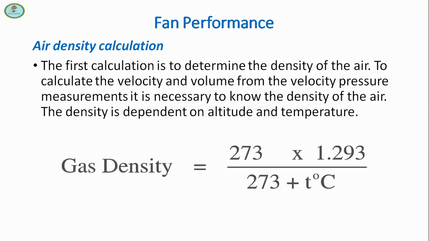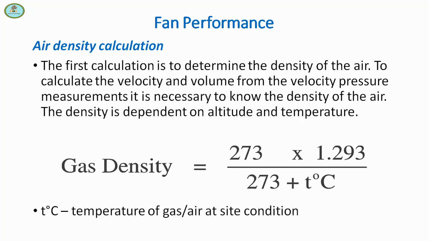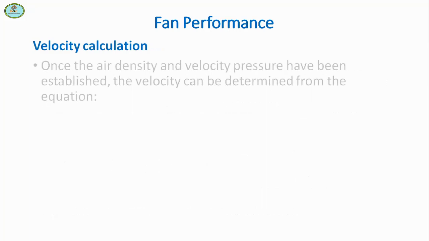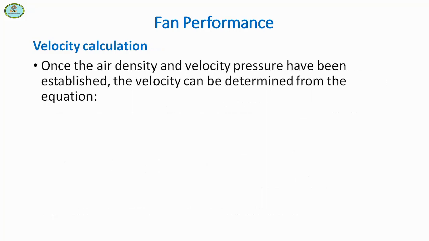Gas density can be calculated by 273 × 1.293 divided by (273 + T), where T is the temperature of the gas, in degrees Celsius, of the air at site condition. Velocity calculation: once the air density and velocity pressure have been established, the velocity can be determined from